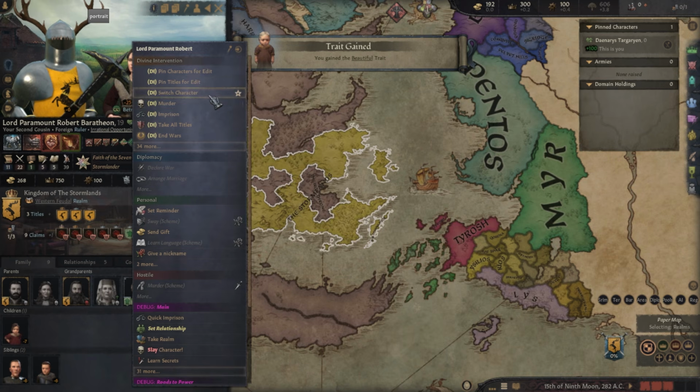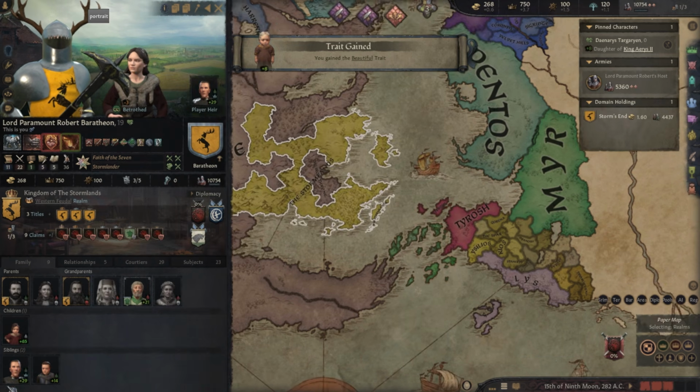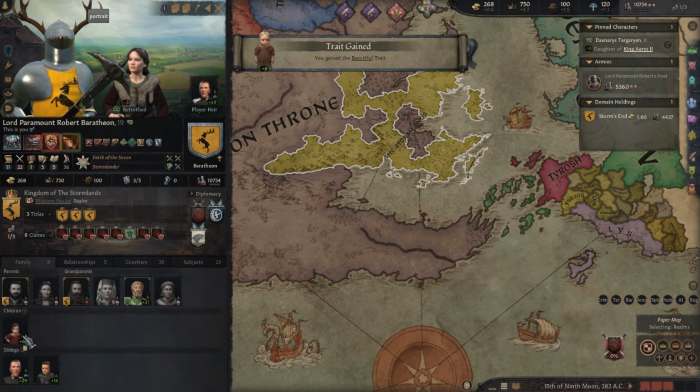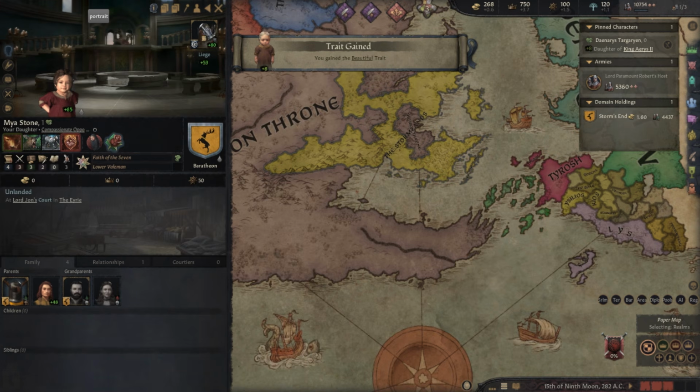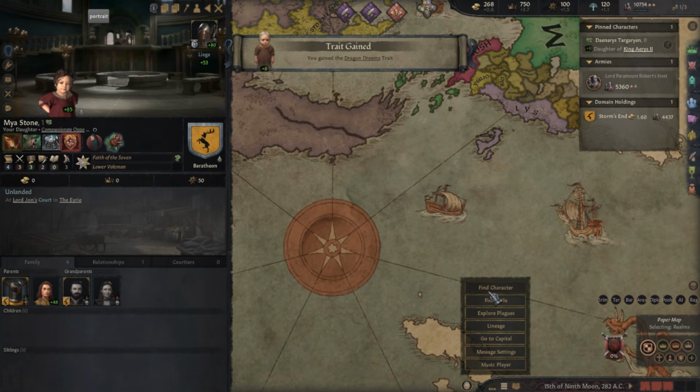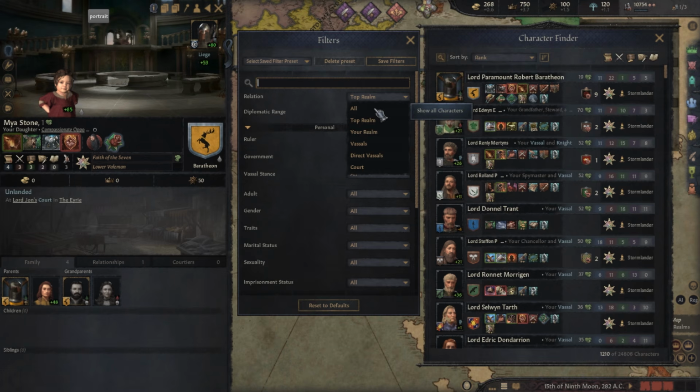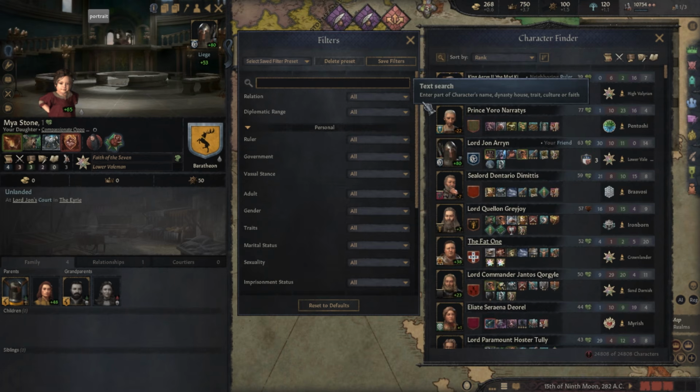So, for example, Robert Baratheon, he gets around. Let's be a little Robert Baratheon right now. He's got many bastards. This is one, and as the game goes on, he has many more, okay? You can go here, you can go to all, and you can type in bastards,